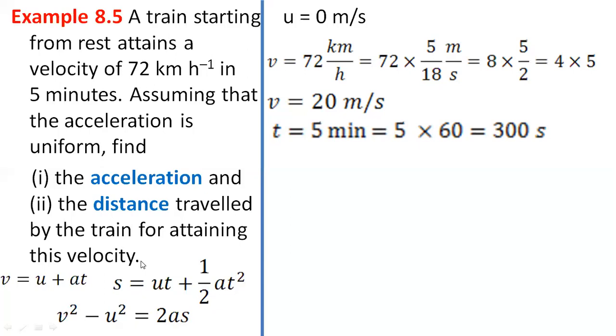But you have to make sure that whatever formula you are choosing, you should have all the values of that particular formula. For example, you cannot just randomly take the second one, s is equal to ut plus half at square, because you don't have s right now. What you need to find out is acceleration. So the first formula is a choice. The second one is also there and the third one is also there. But if you go for the second and third formula, you can see you have the value of u and t, but you don't have the value of s. And also in the third formula, you have s, for which you don't have a value. Hence, we cannot choose the second and third formula.